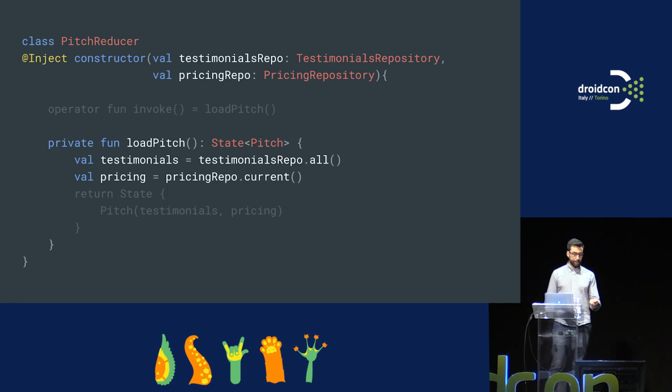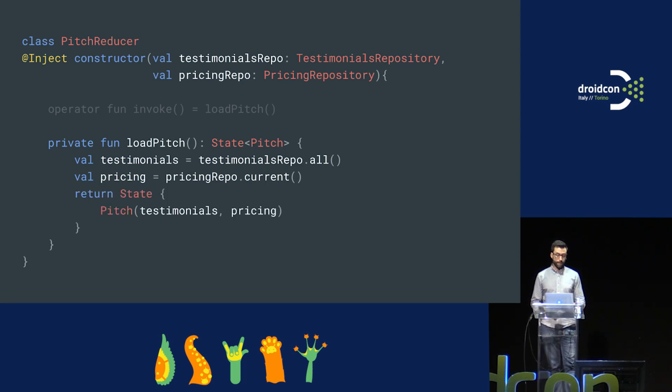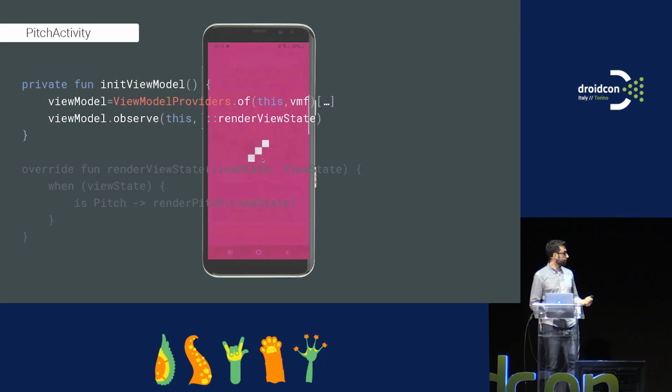We just say this load page will be called by the suspending function in the state, and we know that everything that is going to happen in this function is going to be on a background thread, and we just return it as a new view state, which has a list of testimonials and a pricing object. This is how it would look in real life. We have a pricing, and then we also have a list of influencers that we're going to be displaying, with all the artwork that they have at home.